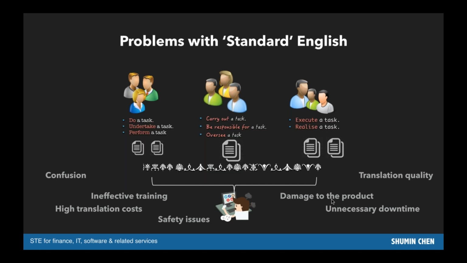So translation quality, as you can tell, would suffer when language is not standardized, whether it is ambiguity or the lack of consistency in your source text. So keeping translation costs affordable has been a huge motivating factor for attempts to standardize, simplify the English language, English grammar, as the source for translations.